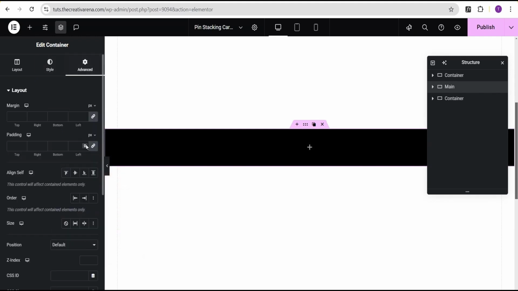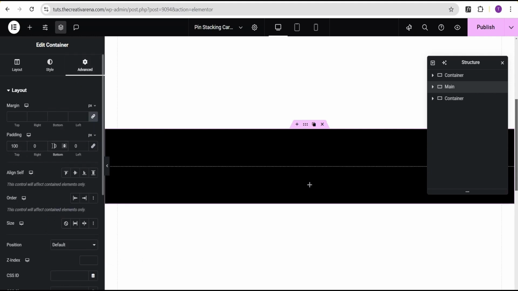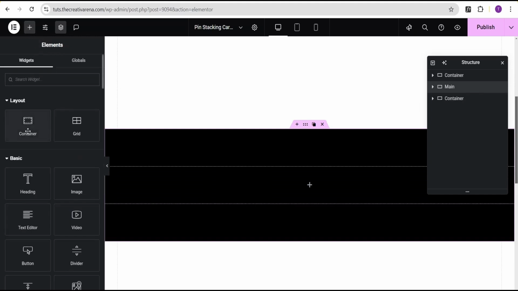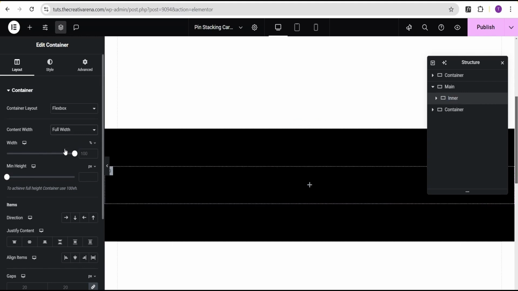Then I'll go to the advanced settings, unlink this. Now to the top, I'll give it the value of 100, and to the bottom, I'll give it a value of 100 pixel. Okay, so now still on this main, I'll go to our elements area and then add a container within it. Now for this container here, I'm going to call this container inner container. Now I'm going to set the content width to full width, and then I'm going to come over here